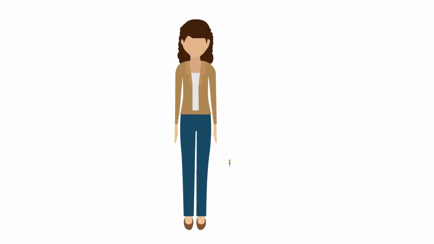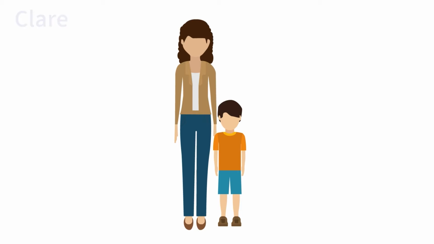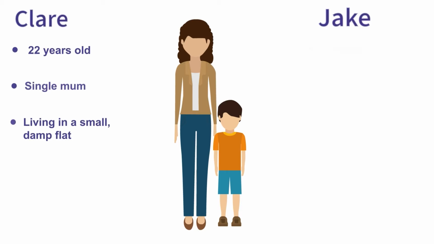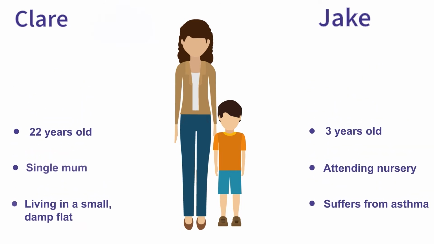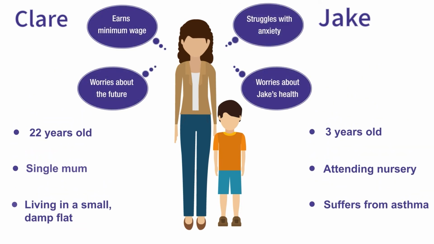In the first workshop, we took a family-centred approach to understand the services that might be needed to support one family at risk of child poverty. We met Claire, 22, and her 3-year-old son Jake, and looked at what their journey through and between the local services might be like.